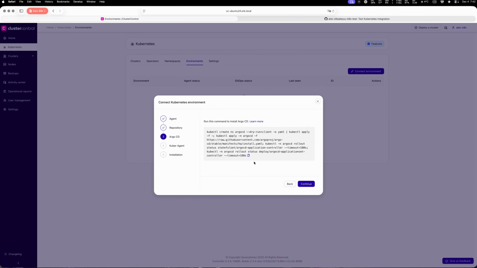Let's move on to Argo CD. Copy and execute the kubectl command in your terminal to install Argo CD with a production-ready setup. I'm using the Kubernetes terminal for easier access to the Kubernetes resources. We can see that the Argo CD resources are getting up and running. Argo CD is successfully deployed, so we can proceed to the next step,